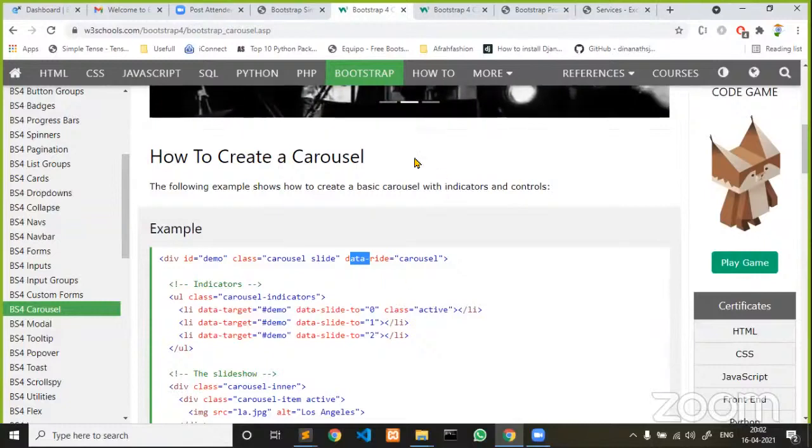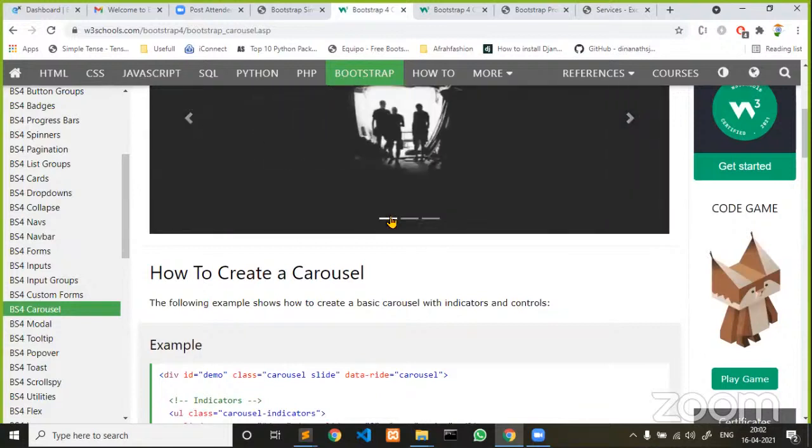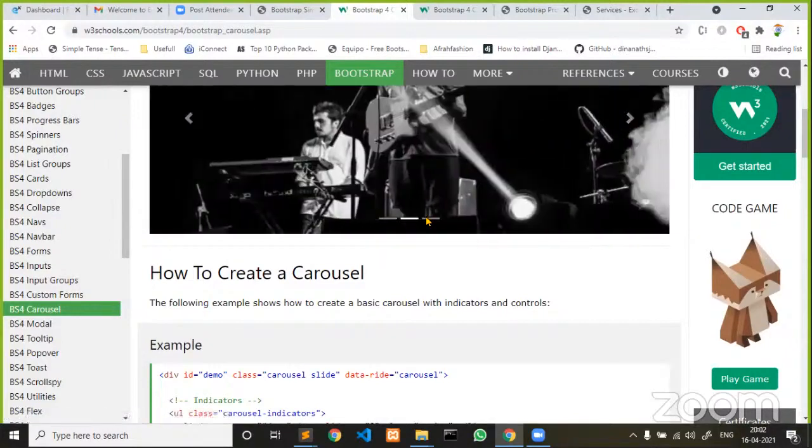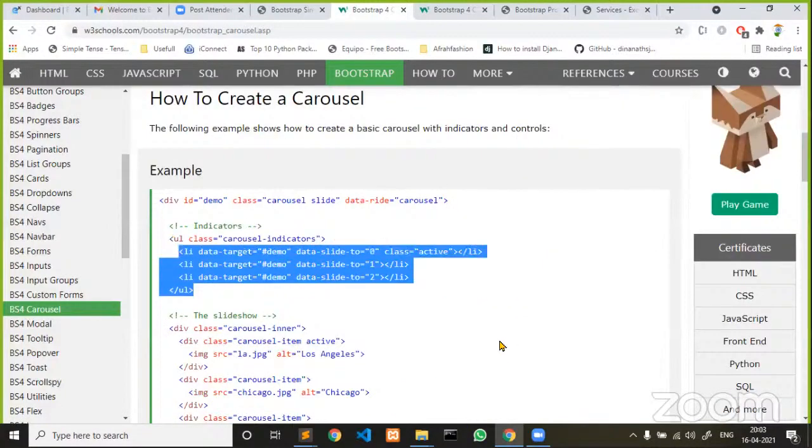Now in a carousel, you can also see indicators here. Even when you click on an indicator, it should navigate. That's why, for displaying indicators, Bootstrap has a bunch of classes. If you see, class carousel-indicators for the UL, and for the LI, data-target equals #demo. Here, the hash represents the ID.